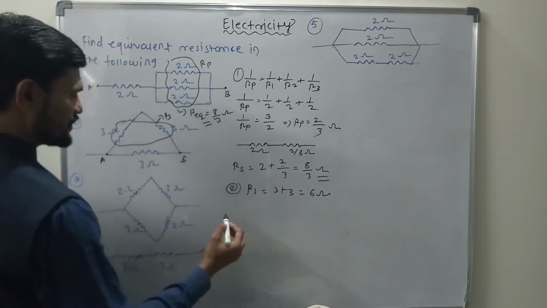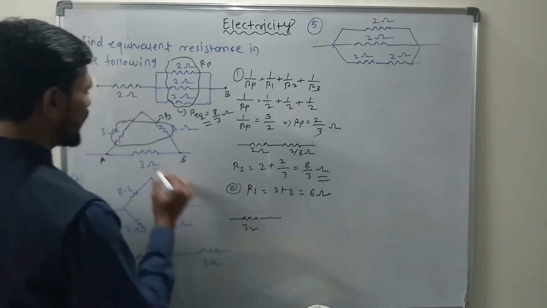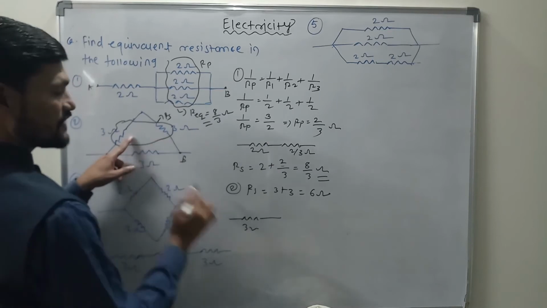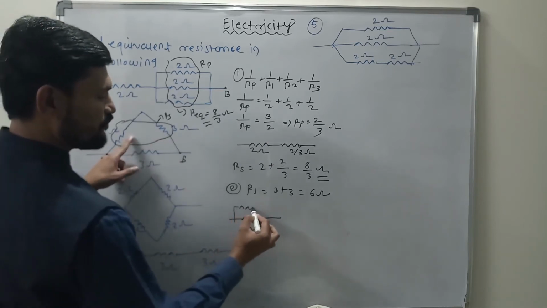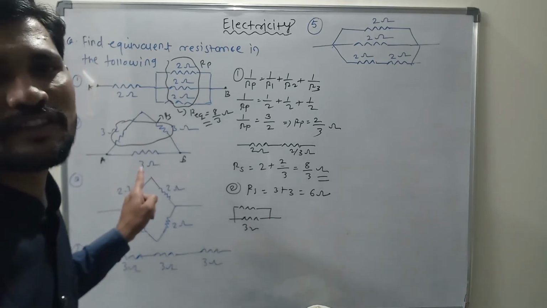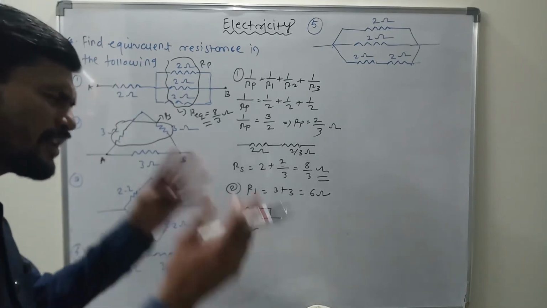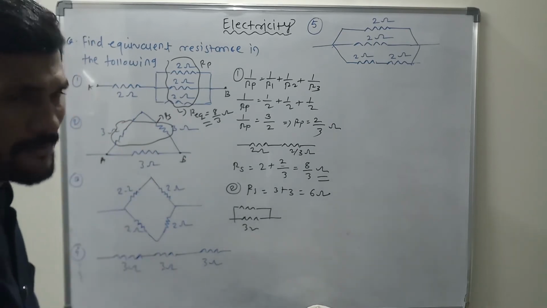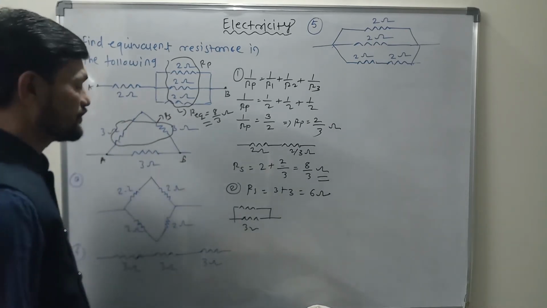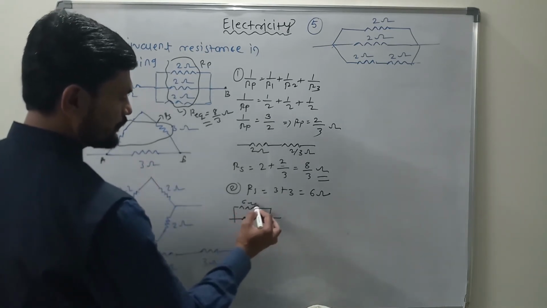Now this RS becomes equal to 6 ohm, and this is your 3 ohm resistance. Now we have calculated the series. Now this resistance becomes in parallel with that. This is the way we solve circuits for equivalent resistance when they are connected in circuits. There are many types of equivalent resistance problems, but these are the ones I sometimes tell. So this is the concept. This is 6 ohm. Now they are parallel.